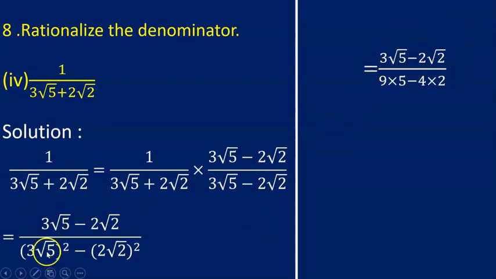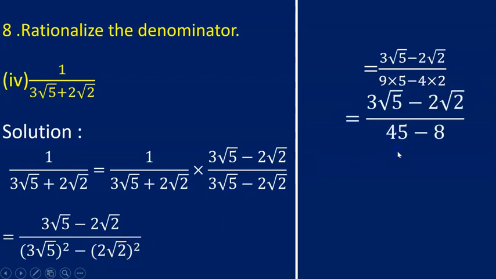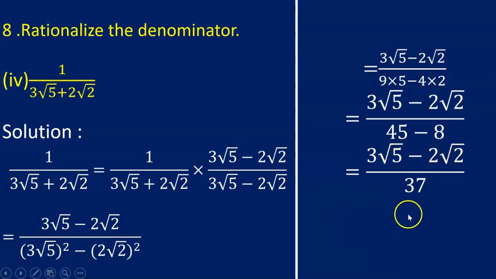Now the square of 3 is a 9. Square of root 5 is 5. Therefore you will get here 9 into 5. Square of 2 is a 4 and square of root 2 is a 2. That is 4 into 2. And hence 3 root 5 minus 2 root 2. Next 45 minus 8. And hence you will get here 3 root 5 minus 2 root 2 upon 37. And in this way the denominator is rationalized. Now next